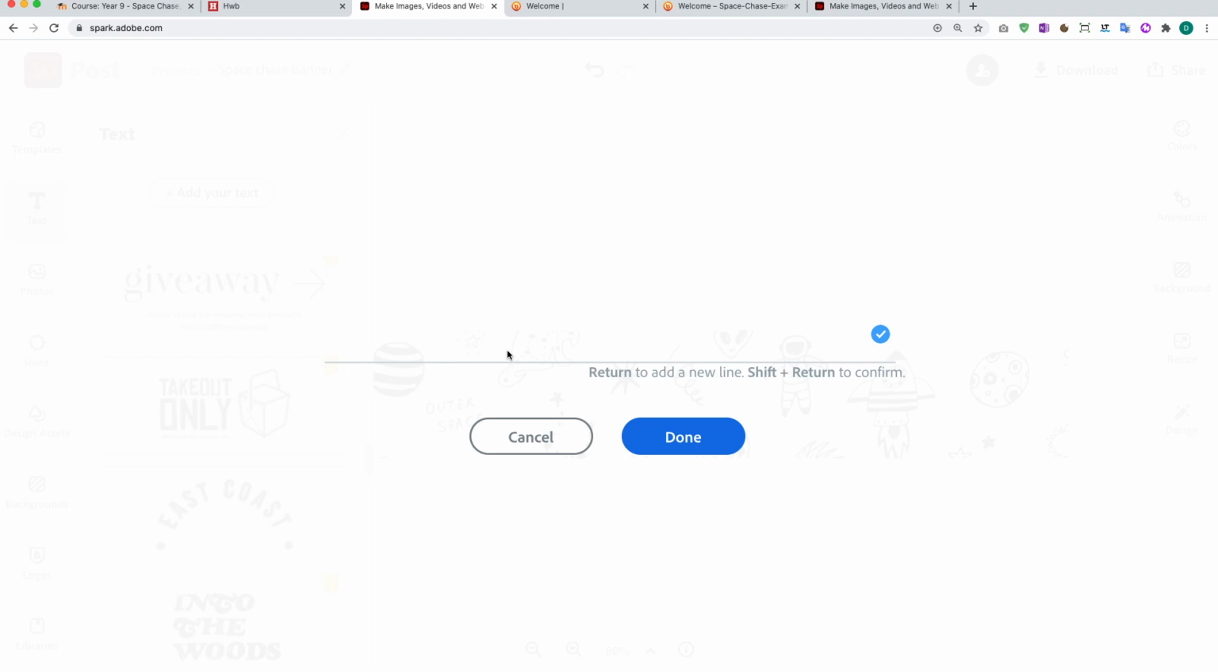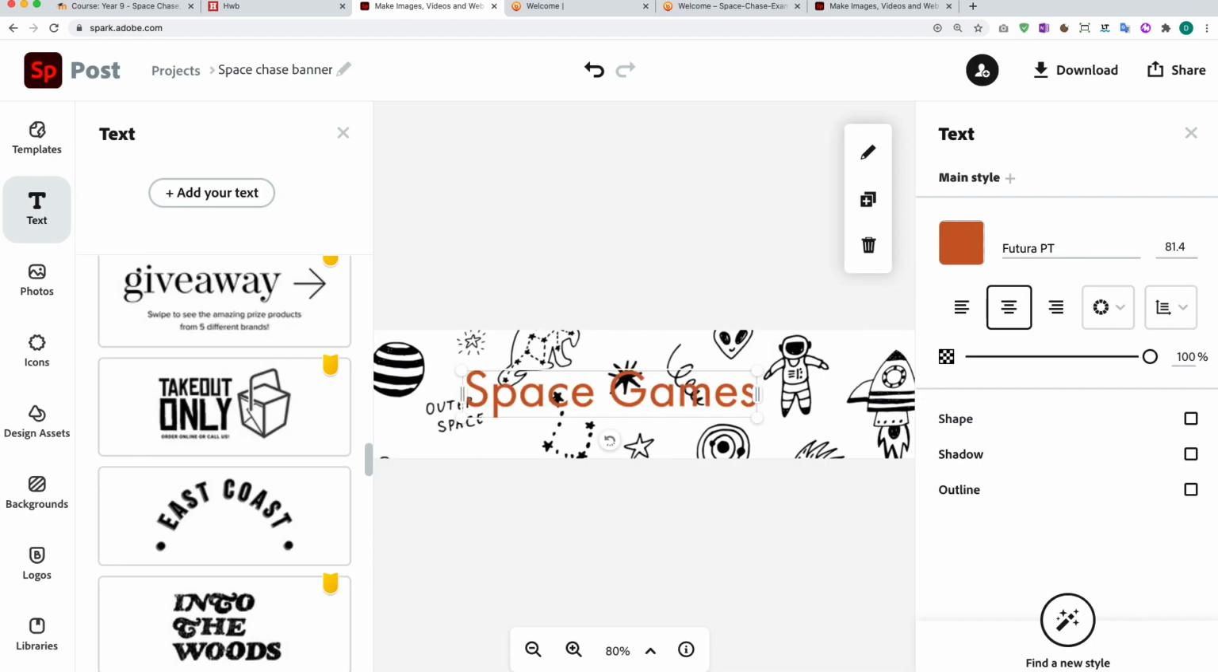But I'm going to go and enter my name in now. So the name I'm going to go with is Space Games for this. It's quite boring, but you know, it is as it is. And you can see at the bottom there it says return. To add a new line, press shift and return. So if I wanted to put this on another line, I can, but I'm not going to. Okay, so what I've done is I pressed the OK, and it's just added this Space Games in here, which